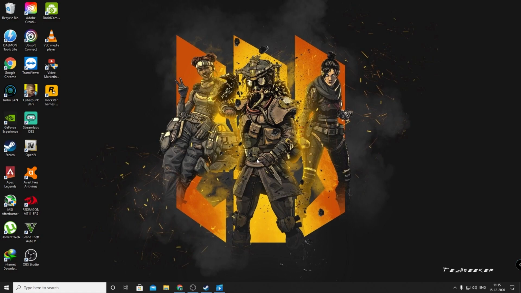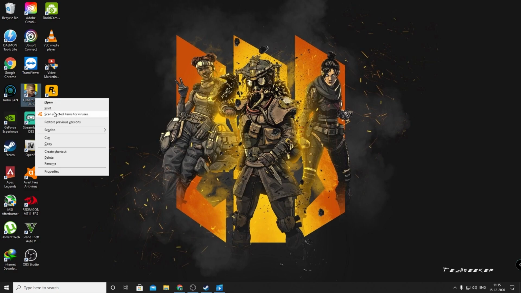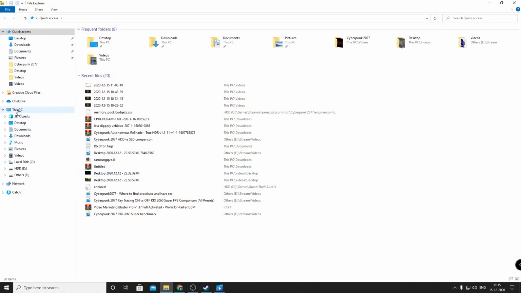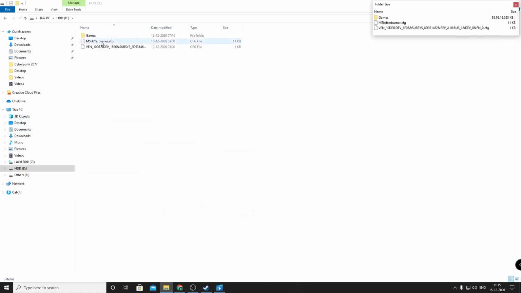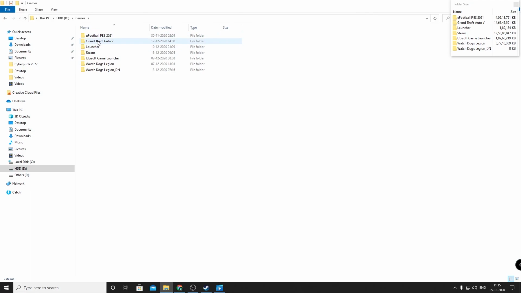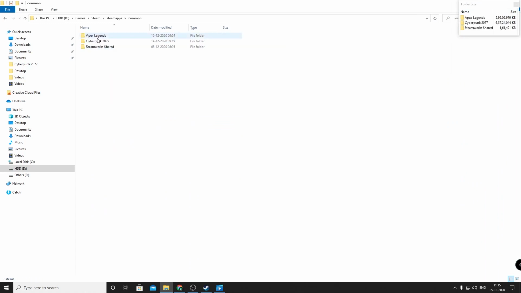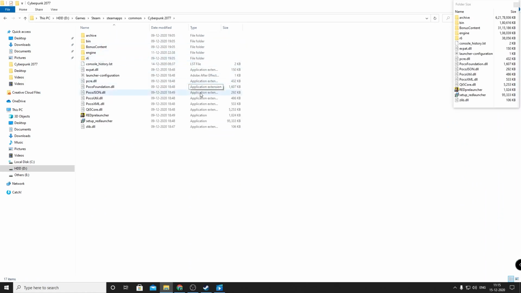So basically you need to open your Cyberpunk 2077 folder. I don't know if it's possible to do it this way, but if you can't, then just open Steam. I think my game is in Steam. So just go to the place where you installed Cyberpunk 2077. So once you are in that folder, in my case I'm in the Cyberpunk 2077 folder,